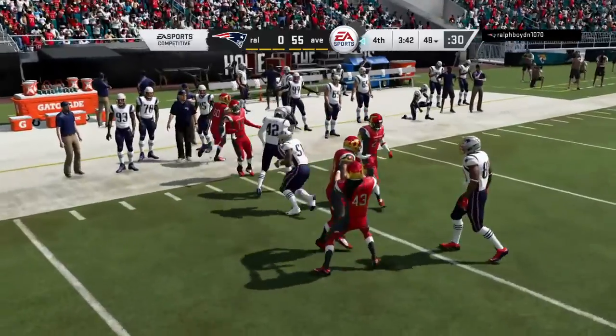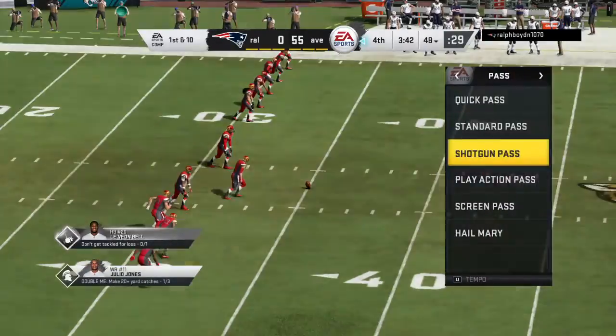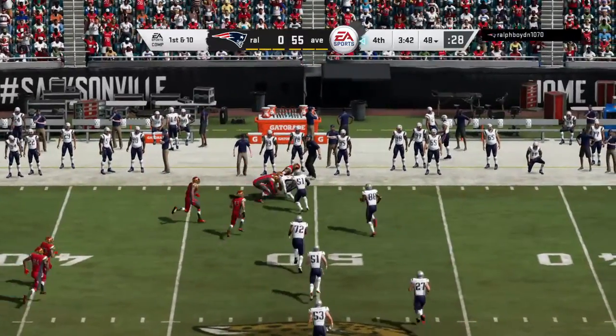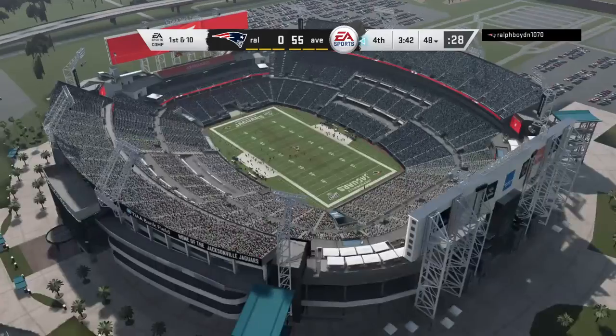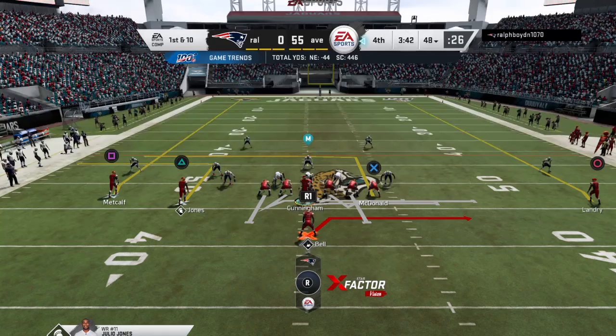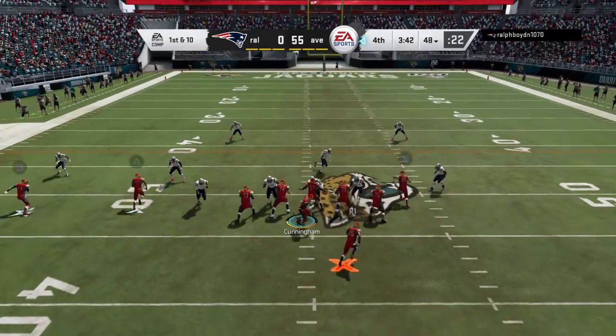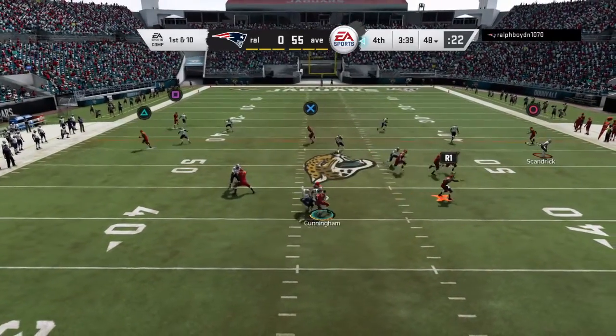Oh, did the kicking team get it? Yes. The onside kick works like a charm. Well, there you go. Just your everyday leading big, and you onside kick it with a lead. They got it. I mean, it worked, but interesting call. I think because they have such a margin, they feel a little bit bolder about what they're doing. And it's not only just to try and increase their...